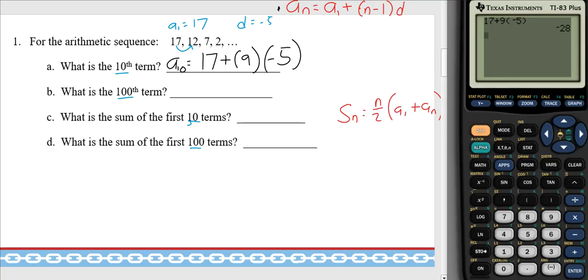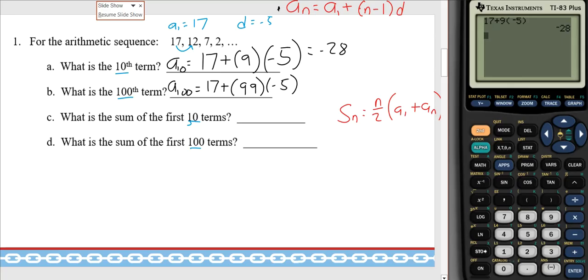So our 10th term then is -28. Our 100th term, we're going to do the same work. We're just going to change that n value. So it's going to be 17 plus 100 minus 1, which would be 99, times -5. So 17 plus 99 times -5,